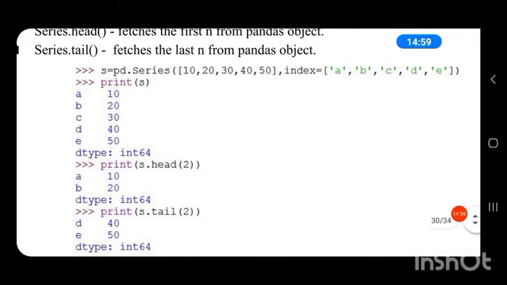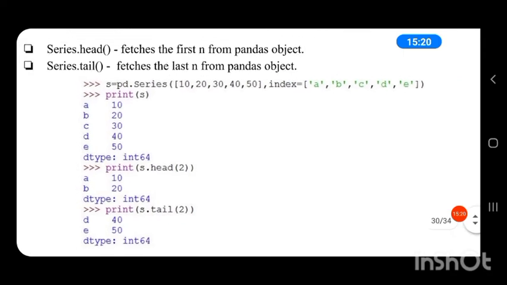So the last 2 elements are 40 and 50. Its corresponding index values are D and E. If in head it is 1, then it will retrieve only A10. And in tail, if it is 1, it will retrieve only E50.